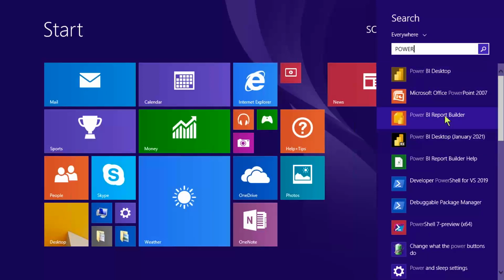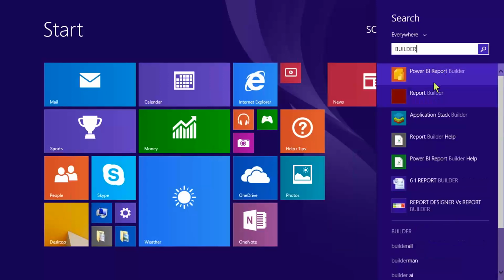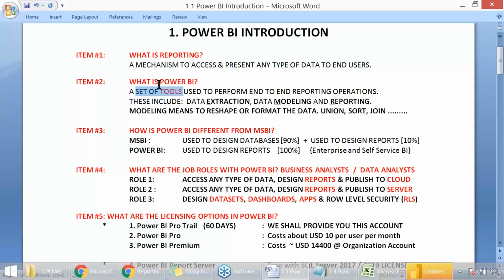There are some builders: Power BI Report Builder, Microsoft Report Builder, and so on. There are a total of 6 different tools, a suite of tools used to perform end-to-end reporting operations. Now, what is end-to-end reporting?